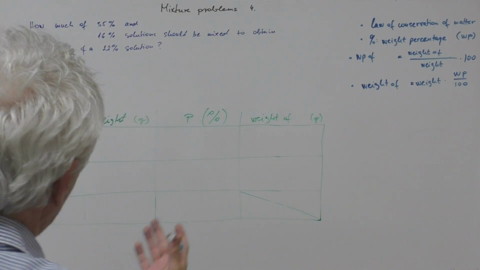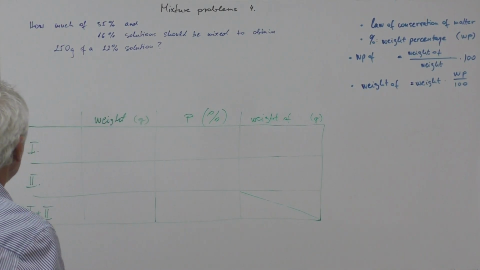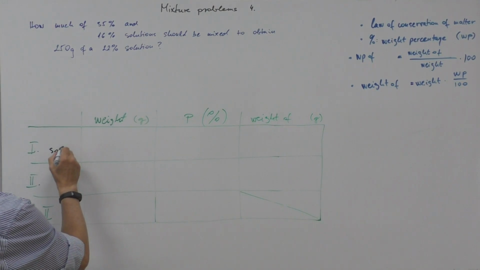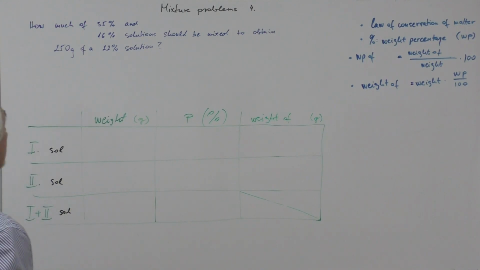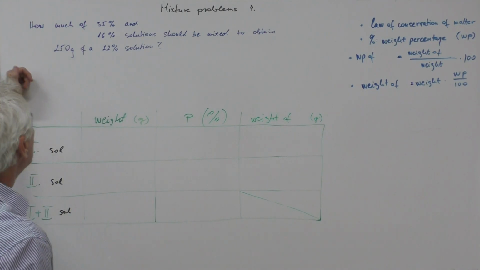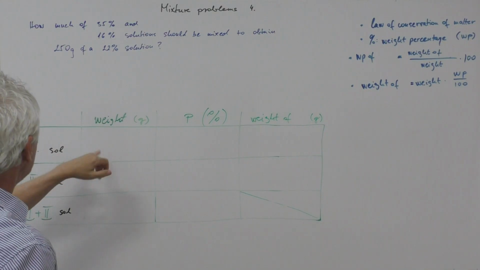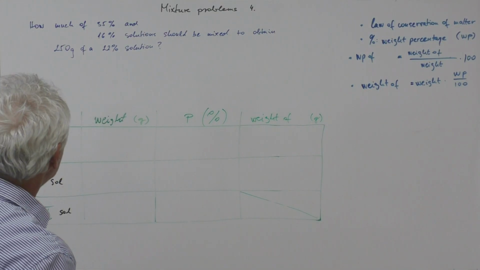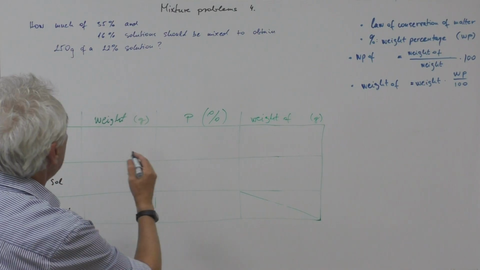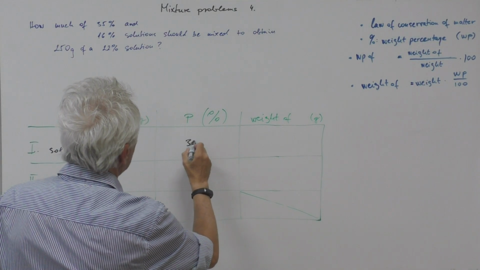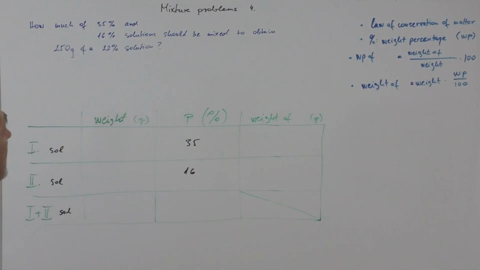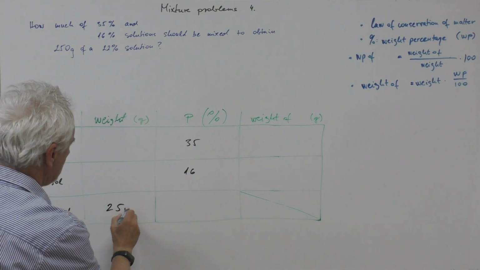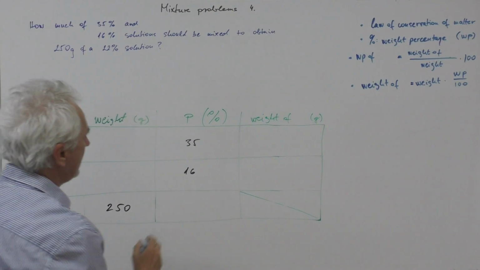Again, we are mixing two solutions to get a new one. So this is a solution, this is a solution, and this is a solution as well. But in this case, we don't know the weight of either the first or the second solution. We know the weight percentages: 35 here and 16 here. But we know that the new mixed solution's weight is 250 grams and the